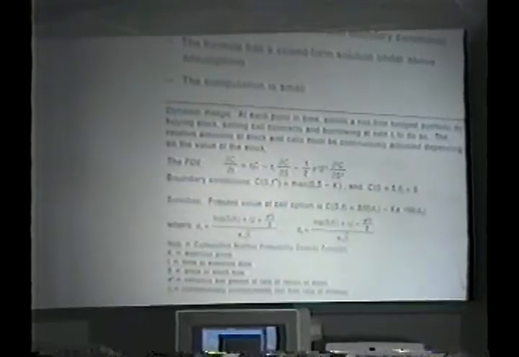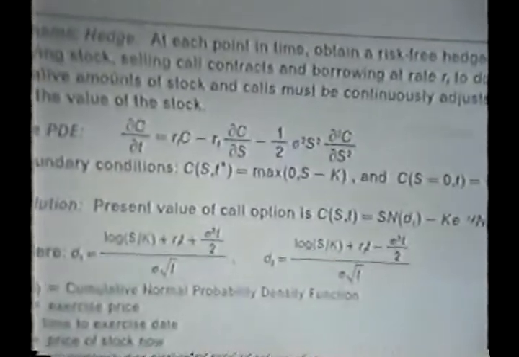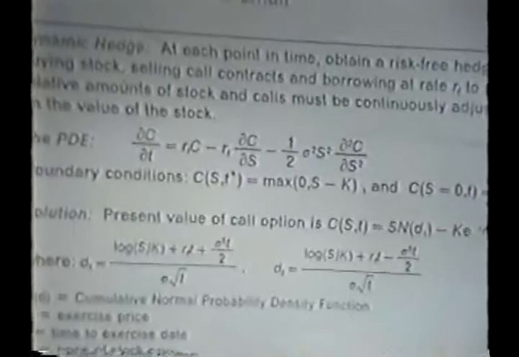How do we price an option? Everybody is familiar with the famous Black-Scholes solution. That's an analytic solution. It's great for call options. It's great for call option with no dividend. So it's very restricted in its application. But what